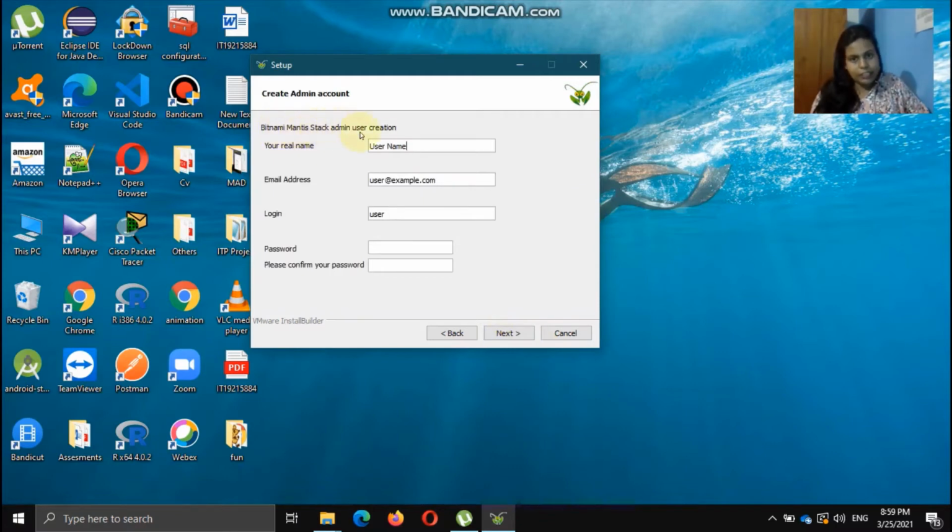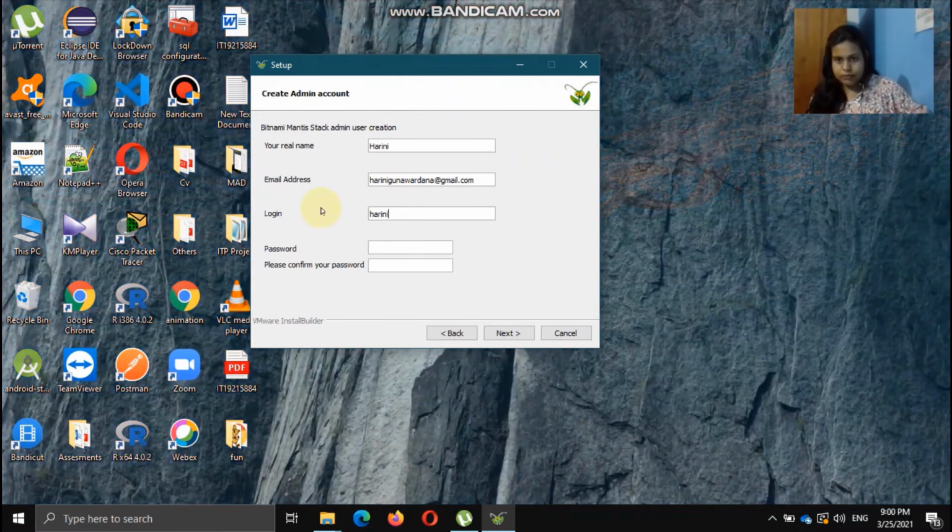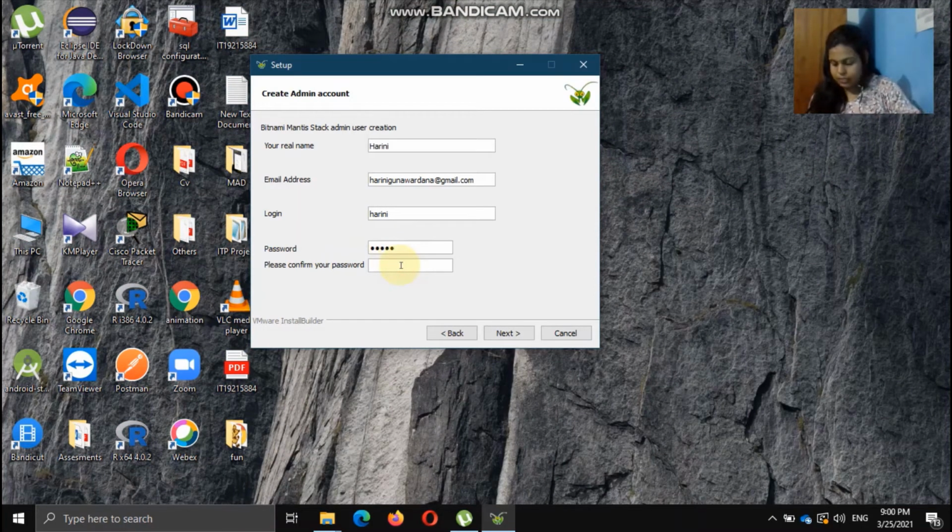Bitnami Mantis stack admin user creation. You have to provide a name, email address, login name and a password. You have to confirm your password here. Next,